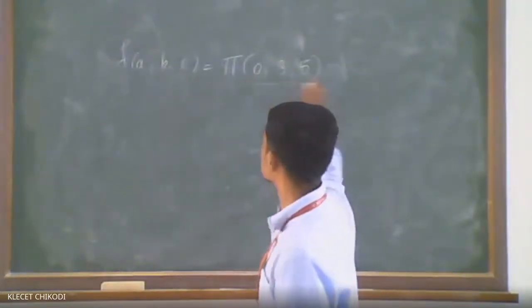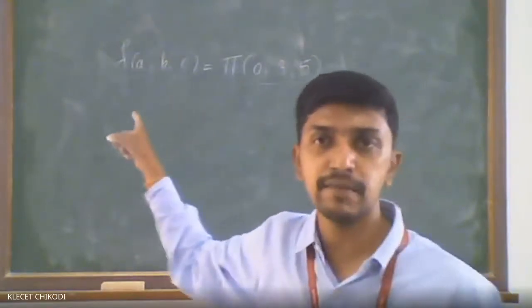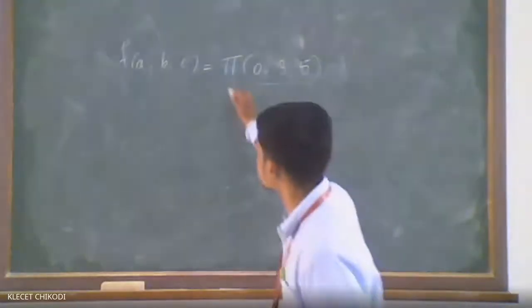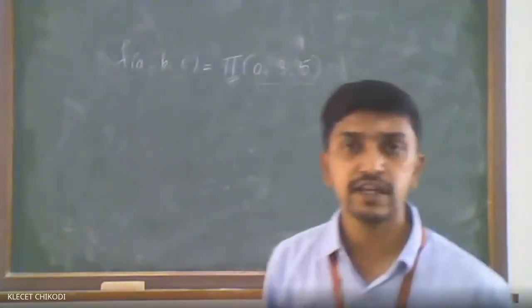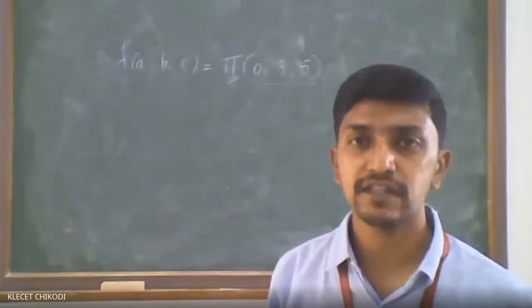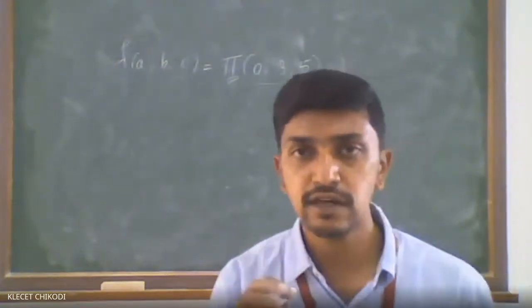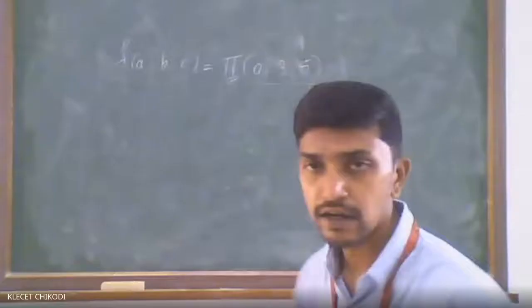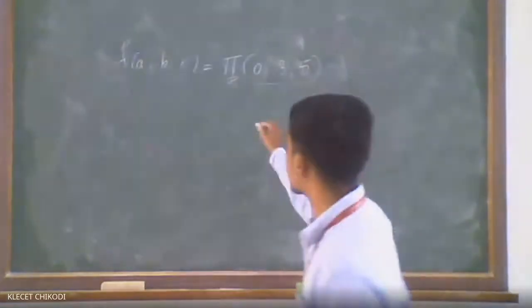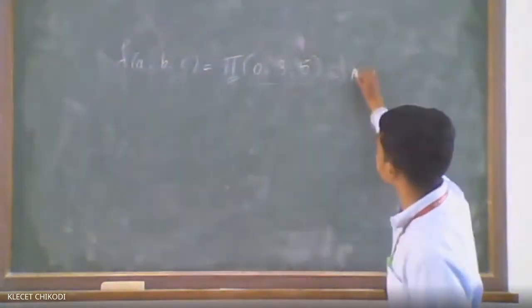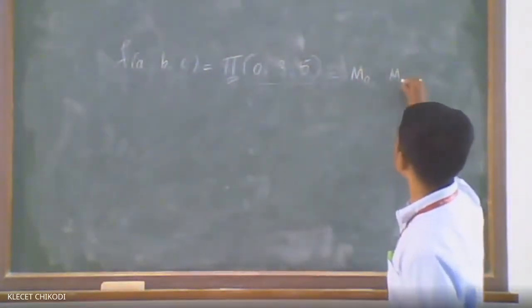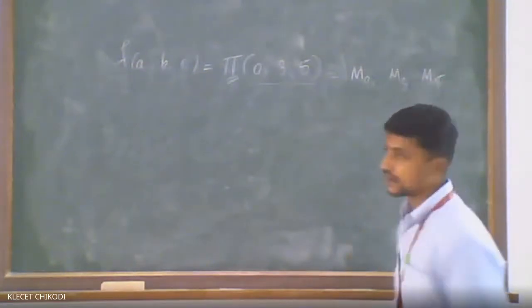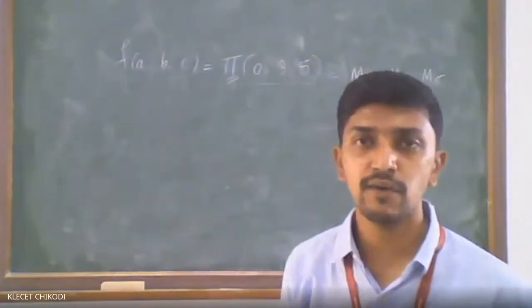And so which terms are these? Whether they are min terms or max terms? Max terms, because the notation is product here. Since the notation is product, you have to consider the max terms. And whenever there are max terms, which expression do you have to consider? SOP or POS? POS expression. Okay. Now what do you have to do here? Just write down the max terms available for this. So that will be M0, M3, M5. So these are the max terms available.